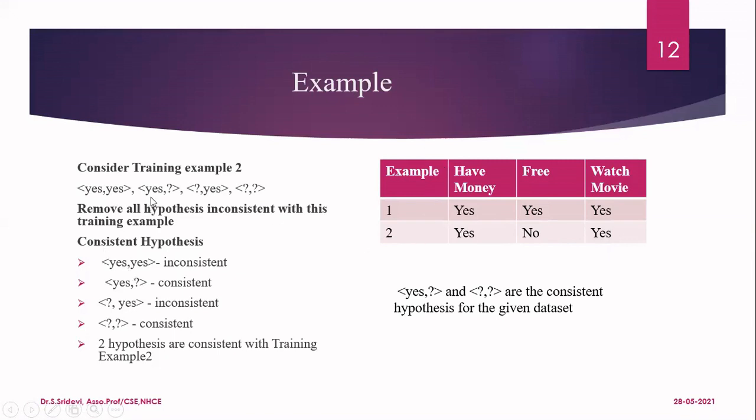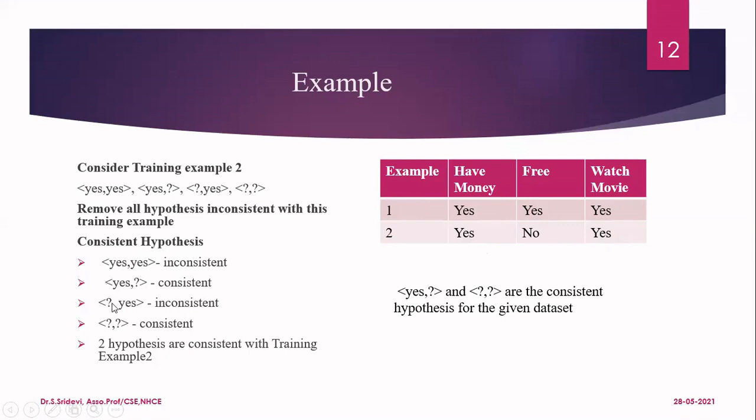So we have to say that hypothesis is inconsistent for the second example. Now, let us consider the next hypothesis, S question mark. This hypothesis needs the first column as yes. Irrespective of the value of the second column, it will tell the answer as yes only. So that is what is happening here. For yes and no, it is giving the answer as yes. That means this hypothesis is consistent.